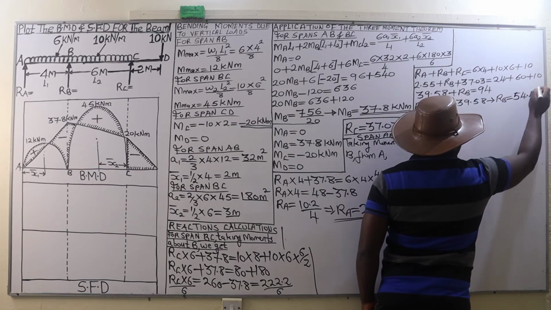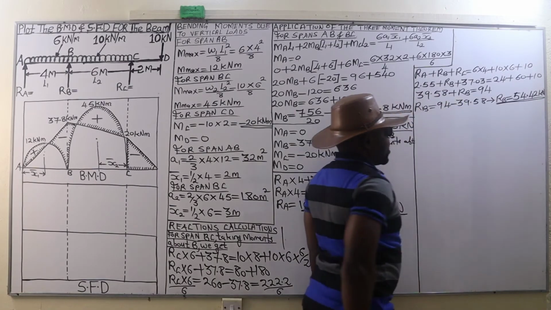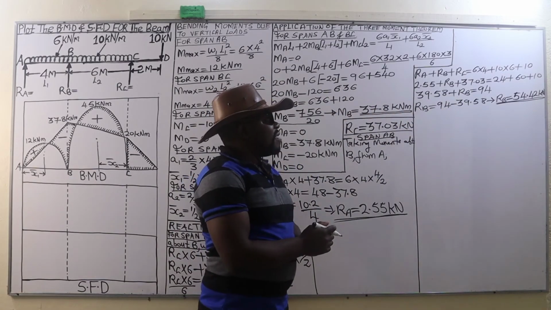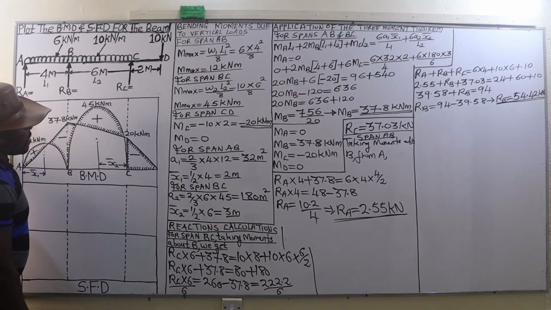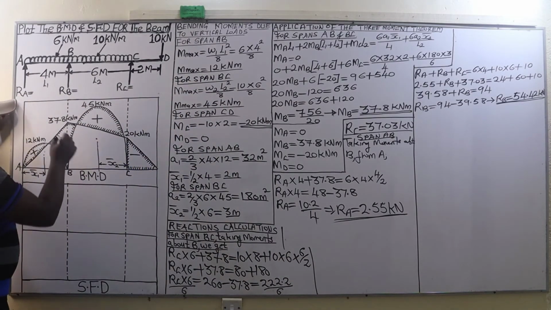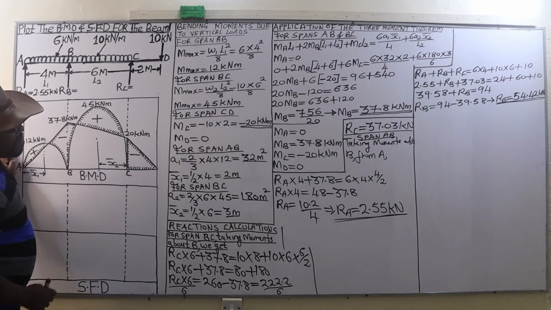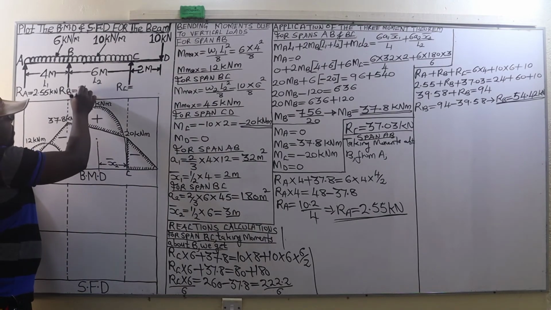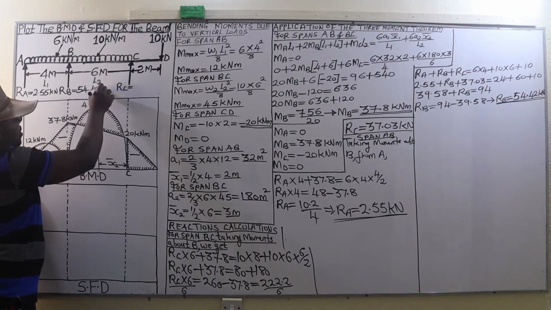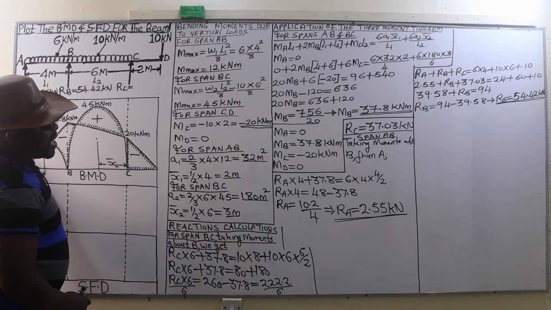54.42 kilonewtons. So that is the reaction at B. After getting the values of the reactions, we are going to write them on our loaded beam. Reaction at A, 2.55 kilonewtons. Reaction at B, 54.42 kilonewtons. And reaction at C, we got it as